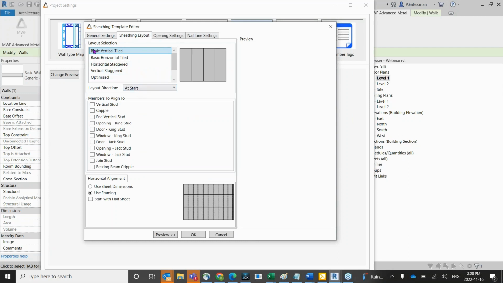In the second tab for sheeting layout, we have the layout selection. You can set it to basic vertical tiled, basic horizontal tiled, horizontally staggered, vertically staggered, and optimized. So if we select them, we can also check their preview here on the right. The next option here is for layout direction, how you would like to start placing your sheetings from the start point, from the end point, on both ends. So it will place full sheeting on both ends, and it will continue placing them to the center bay, or at center bay. So you will place full sheeting at center bay, and it will continue placing them to the